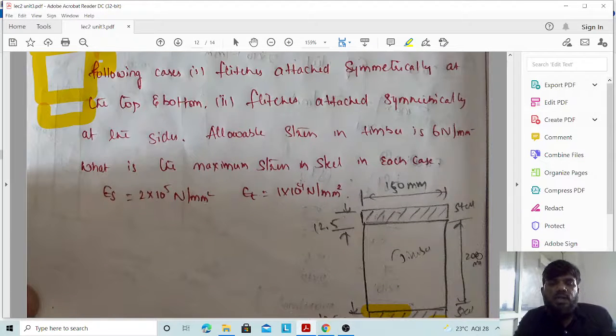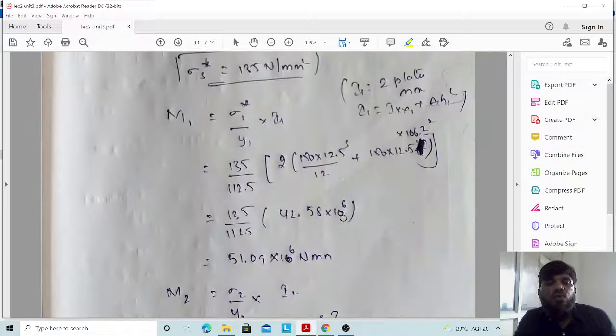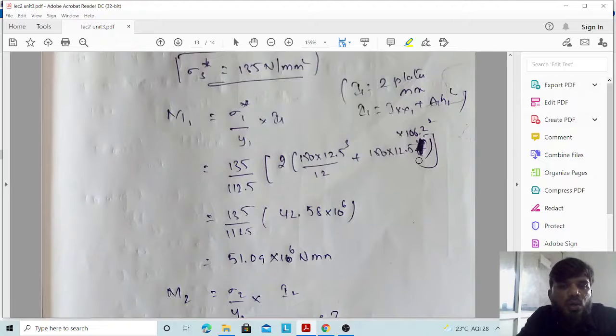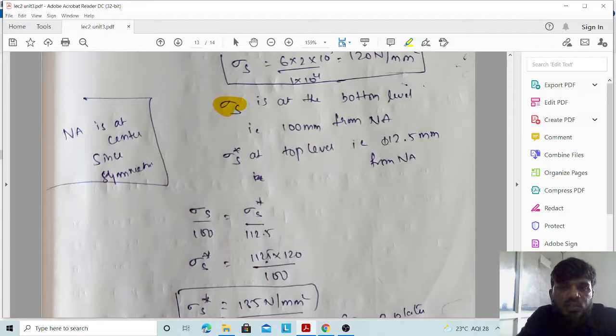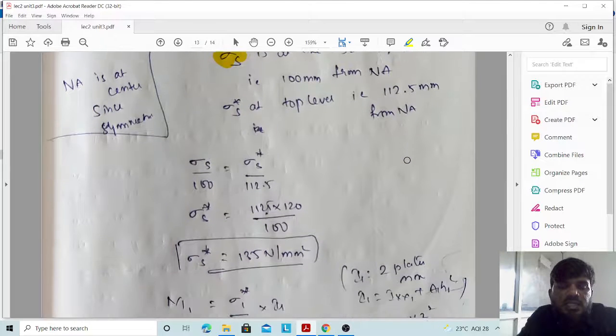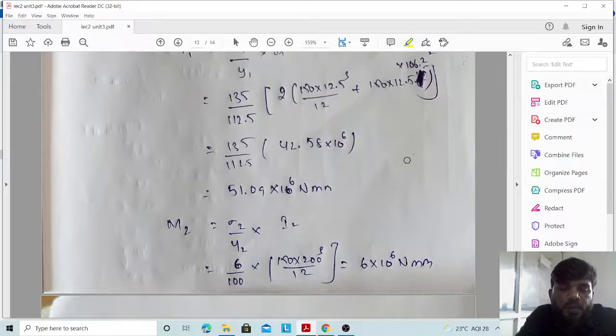So this is exactly 250 divided by 2, which you are going to get as 112.5, but the CG for this plate is present at 6.25. So 112.5 is the value you have seen here, and from it we subtract the CG of that small thickness, which is half of 12.5, that is 6.25.